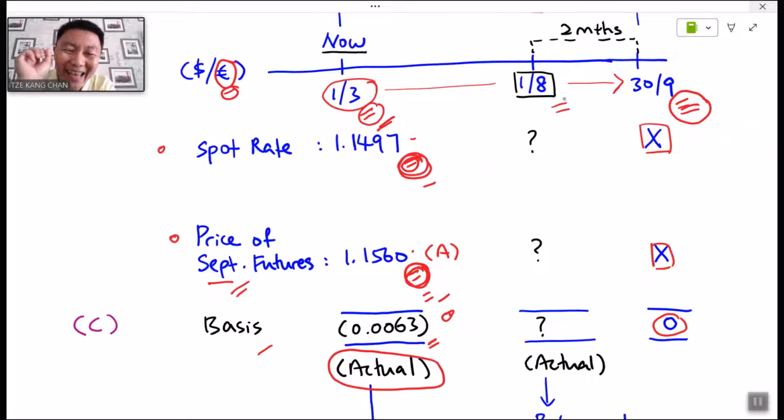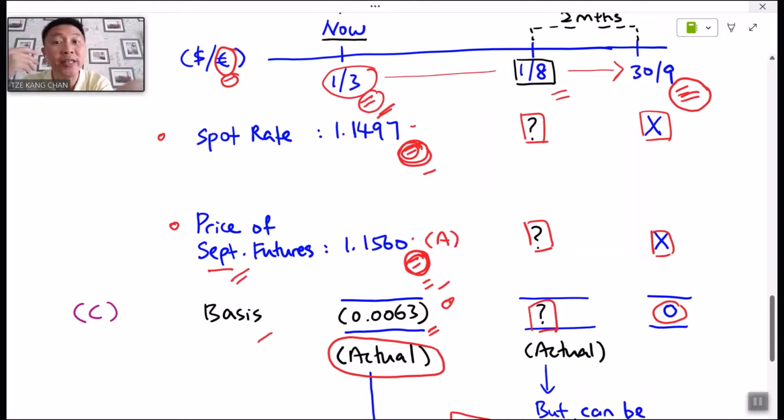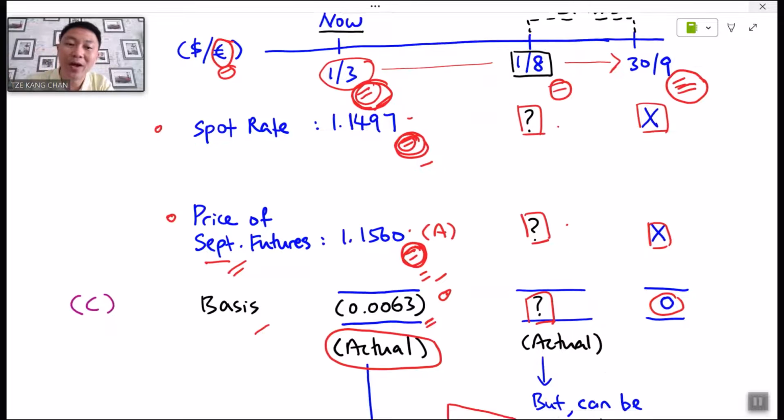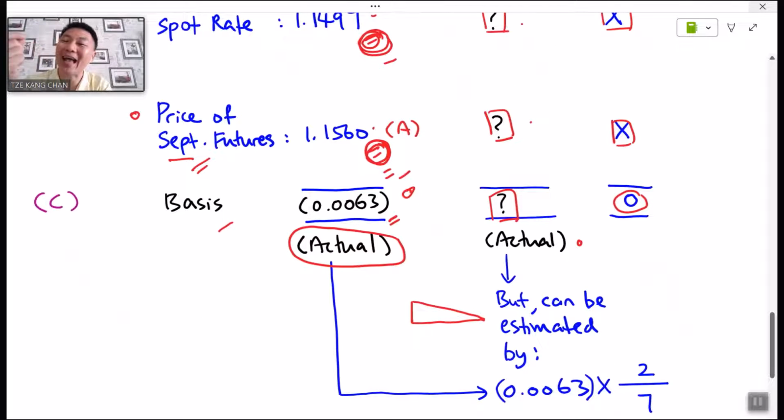Especially on the day where the transactions take place on 1st August. Unless the questions provide both of the rates in the exam questions, and then you will be able to derive the actual basis. However, if both of these prices are not provided, which is usually the case when we are here at this point, we haven't moved on to 1st August, we have no way to figure out what these